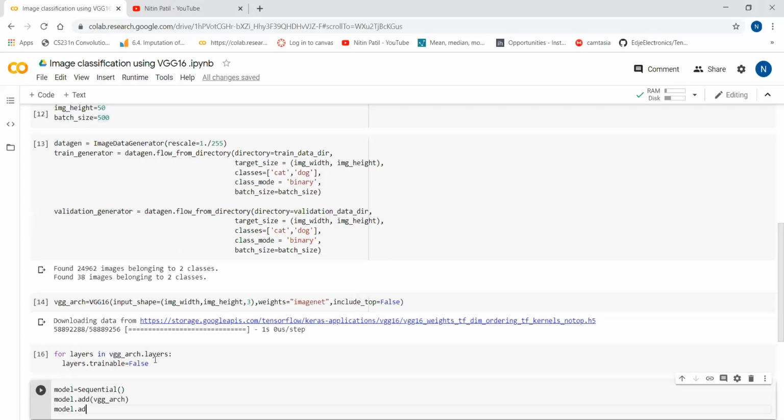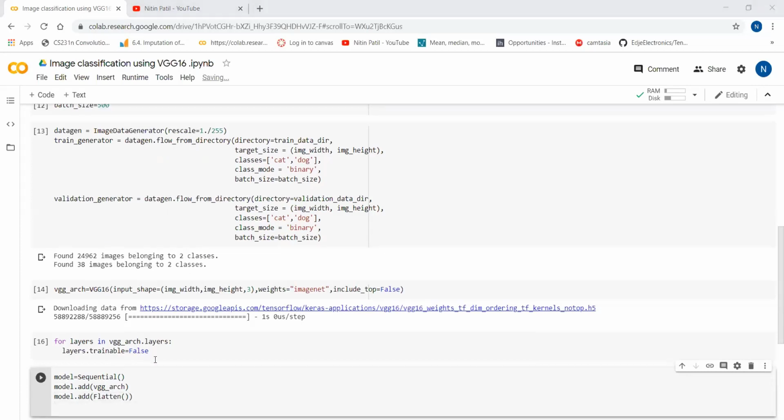Model dot add, the flatten layer we are going to add. Now we will create a fully connected network, so we will add dense, dropout and batch normalization layers.